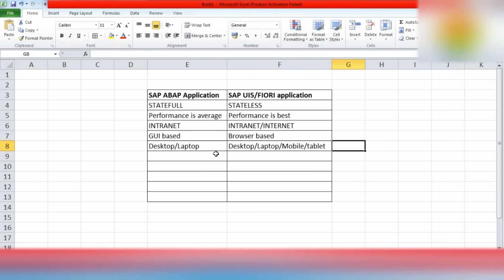This is device independent, and our ABAP applications are device dependent.